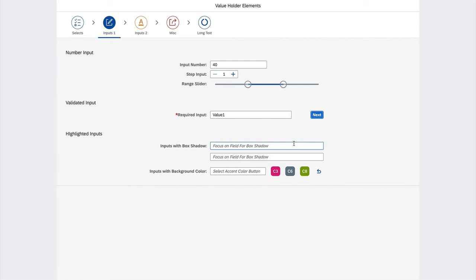So that's that. The third category is all highlights. Highlights work best when there is a series or a group of input elements very close to each other and you don't quite know where the focus is. So you have a box shadow for the field that has the focus, so that it's clear to the user where the focus is at this point in time. Again, it doesn't make sense to do this for every input field, but if there is a whole series, for example, if you're building a timesheet app or a grid wherein there are a series of input fields,